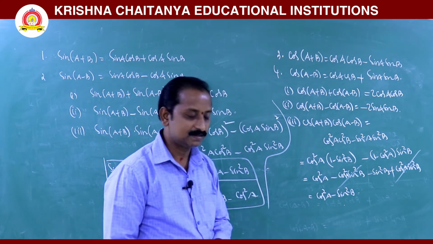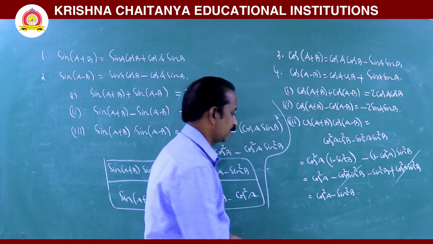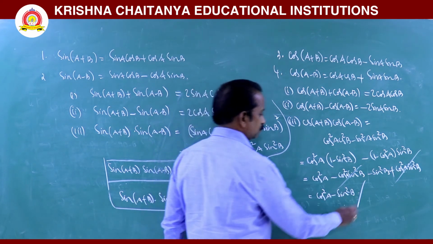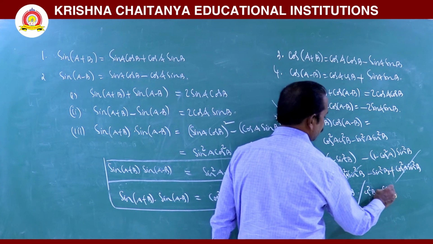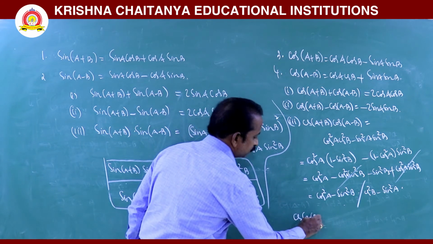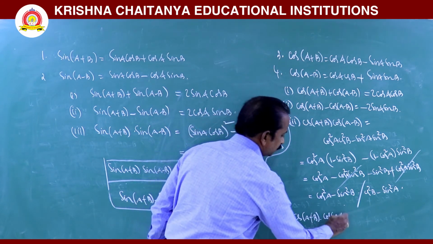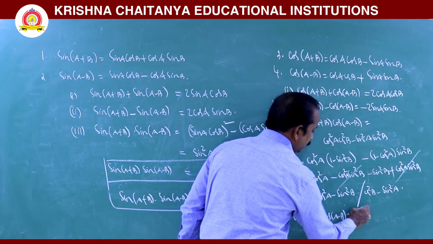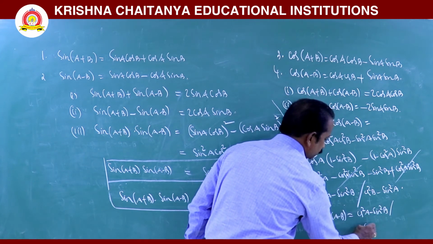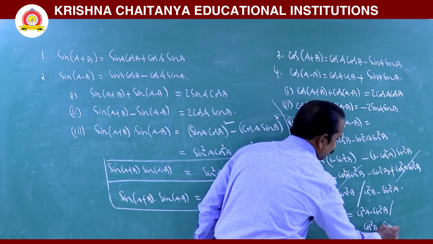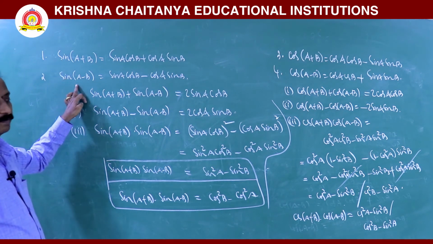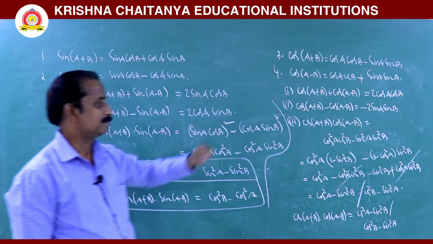Otherwise, we can write this in another way. Cosine converts into sin, sin converts into cos. So, therefore, cos square b minus sin square a is also correct. So, its conclusion: cos (a plus b) into cos (a minus b) is nothing but either cos square a minus sin square b or cos square b minus sin square a. So, these are the applications of sin (a plus b) and sin (a minus b), cos (a plus b) and cos (a minus b).